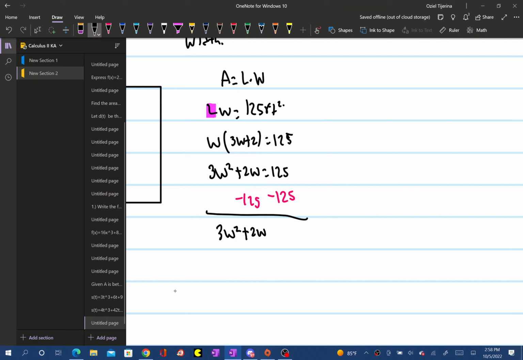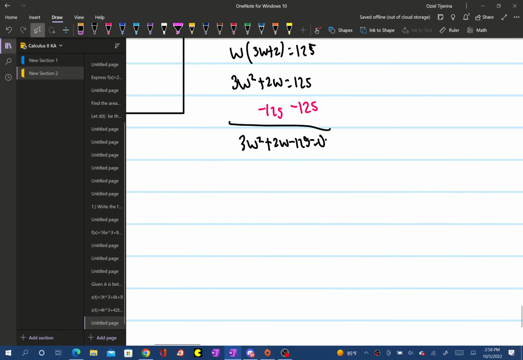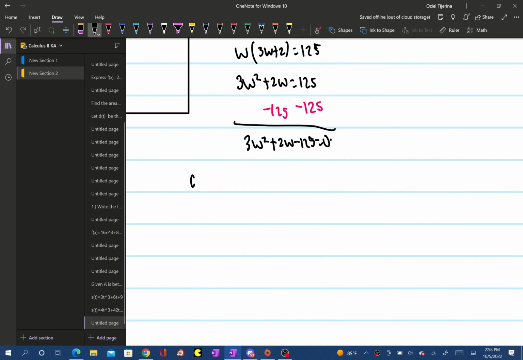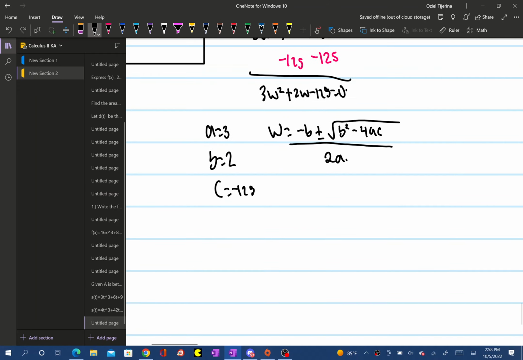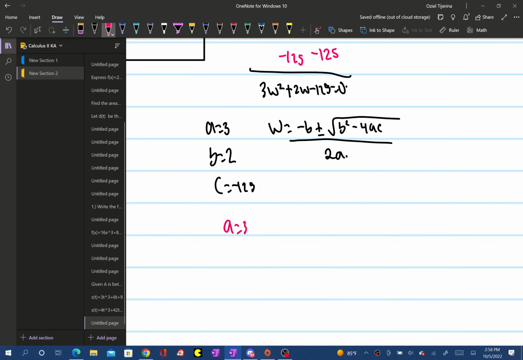Now, you can't factor this, obviously, so you have to use the quadratic formula. So here A equals 3, B equals 2, and C equals negative 125. The quadratic formula is W equals negative B plus or minus square root of B squared minus 4AC, all over 2A. Okay? If A is equal to 3, B is equal to 2, and C is equal to negative 125, I can write it the following way. Negative B,